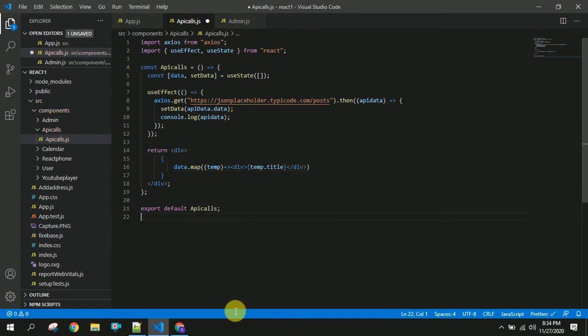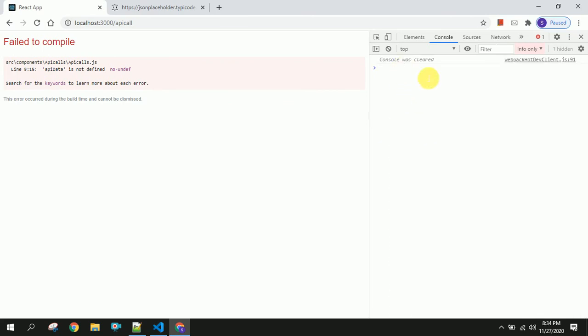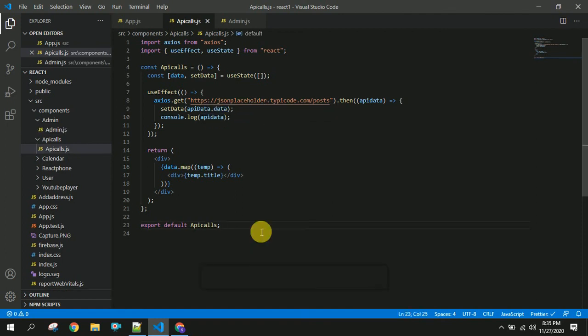So if you see in the browser, in particular data, you will be having... so API data is not defined. We have given it as capital D, so that is the reason we got that issue.